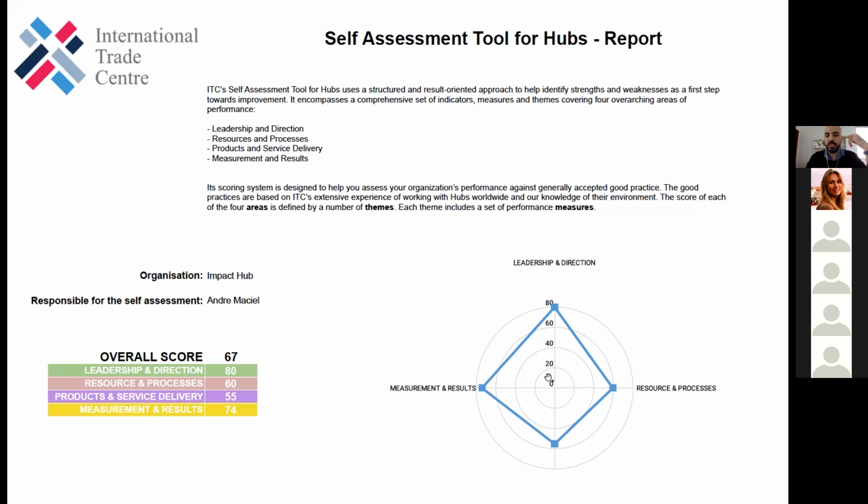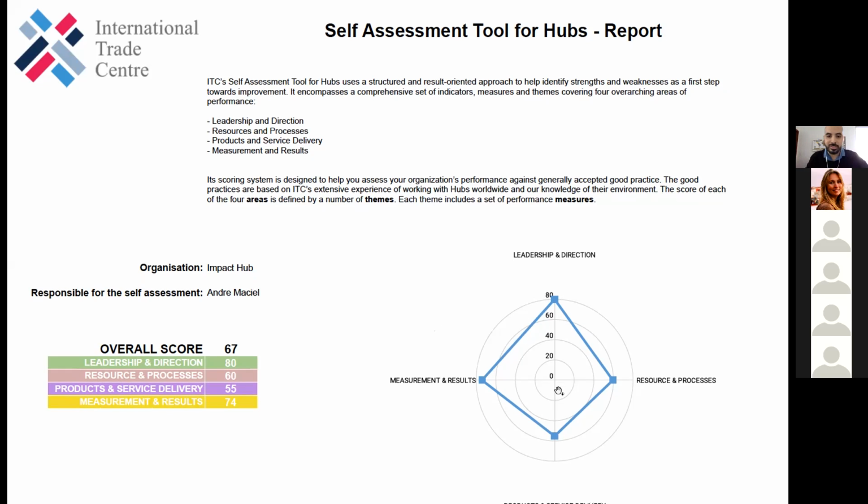And you also have this nice spider web graph that shows how balanced your organization is. By taking a glance at this, I can see that my organization is stronger on leadership and direction, strategy and measurement, but we are lagging a little bit on products and service delivery, and also on resources and processes.